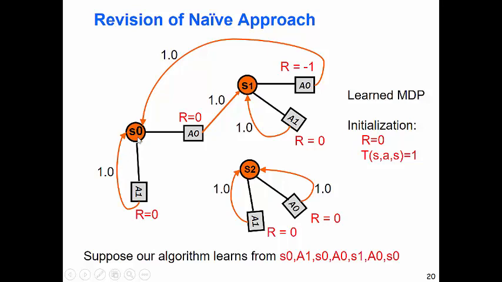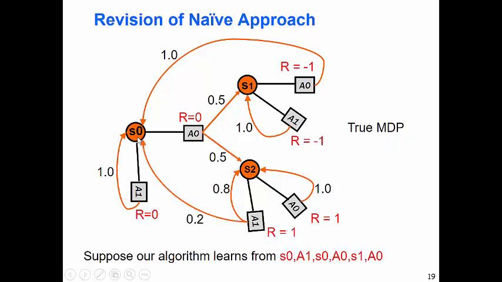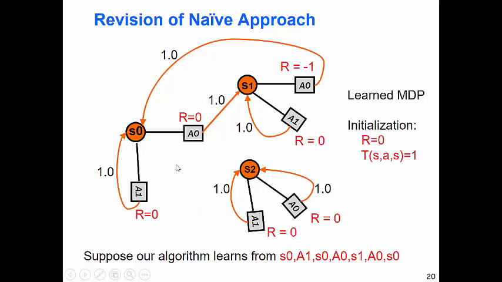And that's clearly bad, right? We know with this original MDP, we kind of want to get down here. We want to take A0 until we end up here, and then we would be really happy. We just take A0 over and over. And so the model-based approach is now stuck, right? Because I'm going to act greedily. I started at S0 now, and it's just going to keep doing this. It doesn't collect new data. All the data points it collects are going to be identical, and so this model never changes. We never learn any more. We just go around in a loop forever. So that's just showing you an example of where you can get stuck.